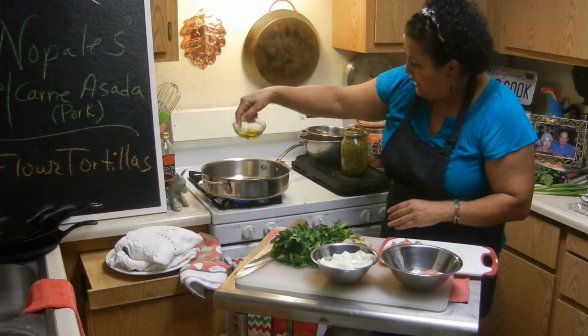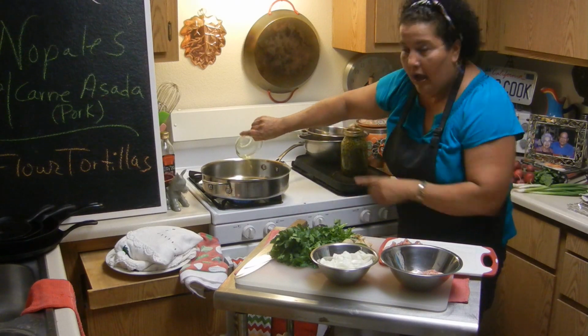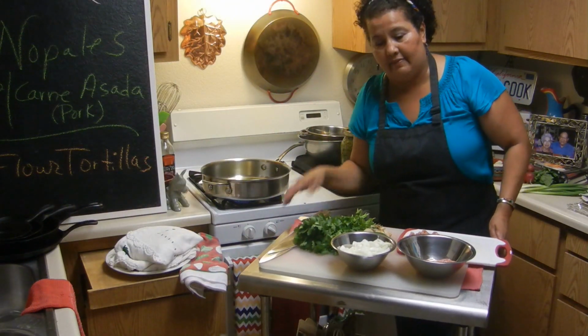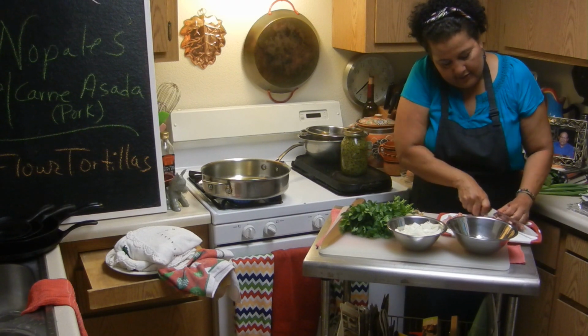So I'm going to go ahead and put the oil. There's about a couple tablespoons of fat here. I'm using extra virgin olive oil. I like using it. So for me, that works well. This is organic pork. So,